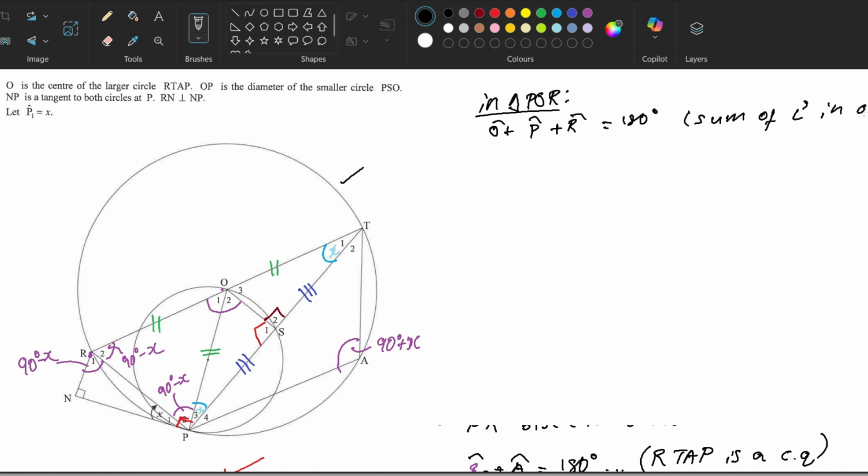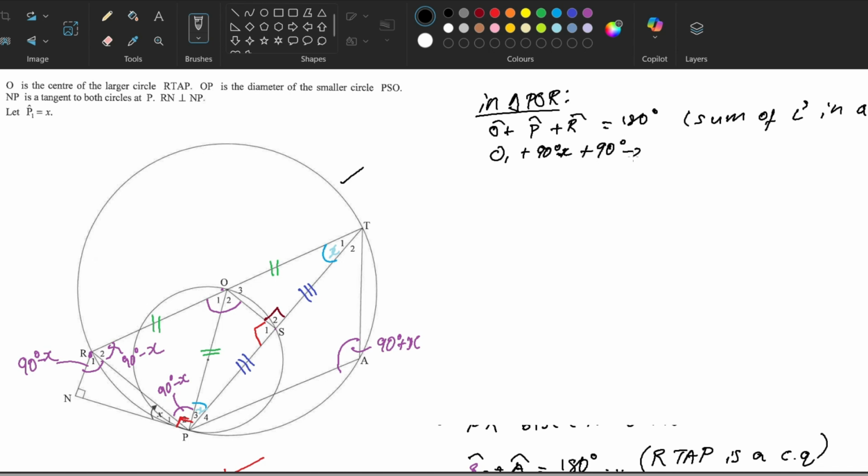Then O1, that's what we are looking for, and P is going to be P2, right? So P2 is equal to 90 minus x. And then here we are also going to have plus 90 minus x is equal to